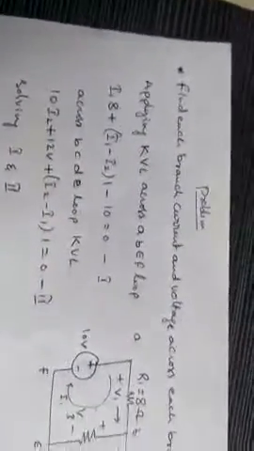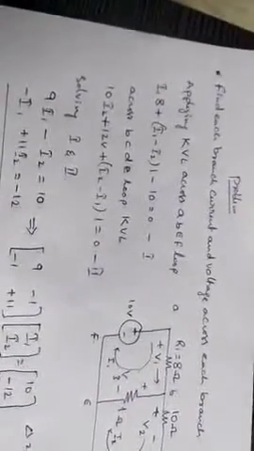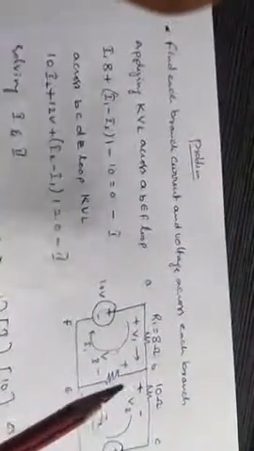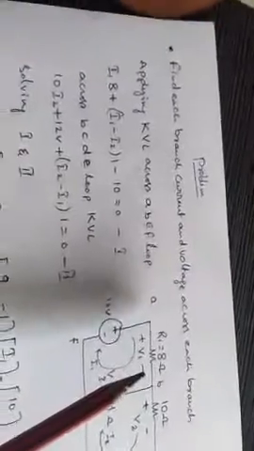That way, Kirchhoff's voltage law and Kirchhoff's current law are very helpful for simplifying circuits. Now if you take a problem for the application of KCL or KVL, here find the branch current and voltage across each branch. Branch means the points connected from F to E or A to B. These are called branches. Now we have to find the current in the branches and the voltage across the branches.